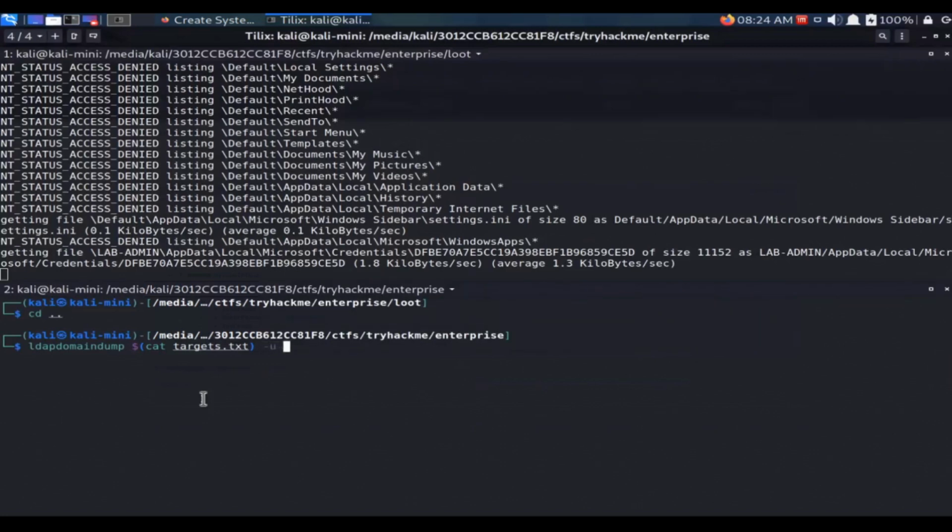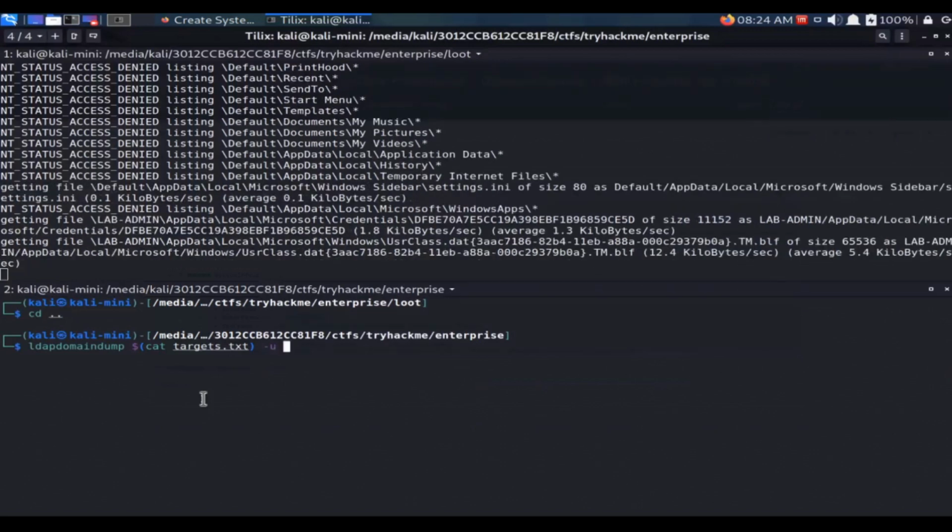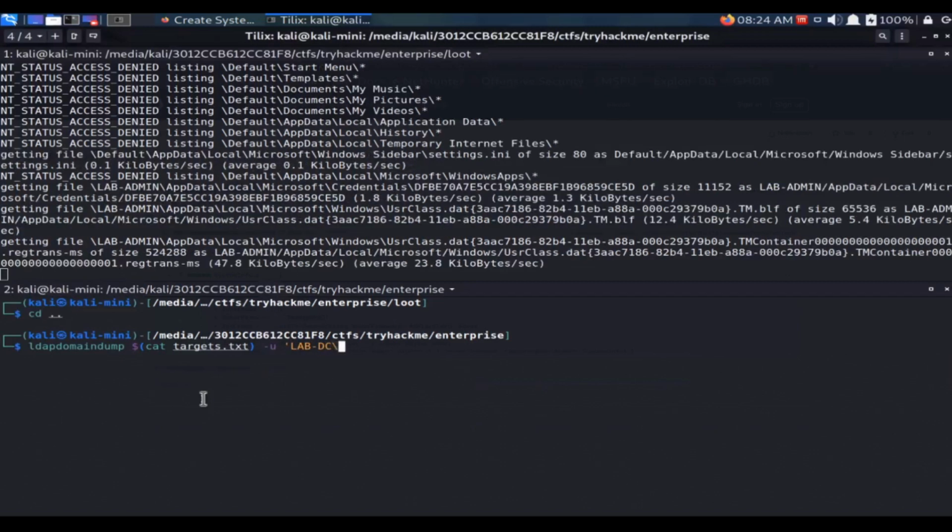We need to specify a username, and so now at this level we're going as a user. So we're going to do lab DC, put this in single ticks, and we're going to specify nick